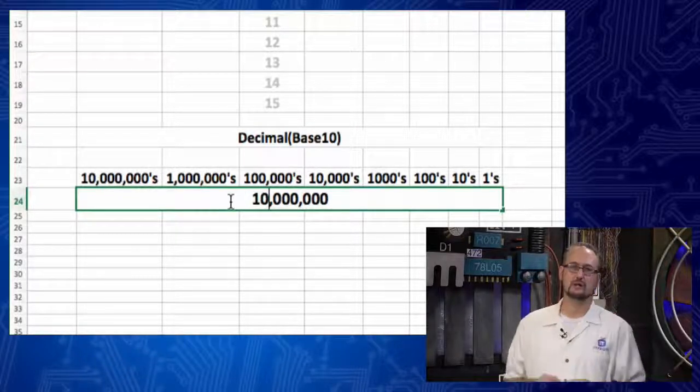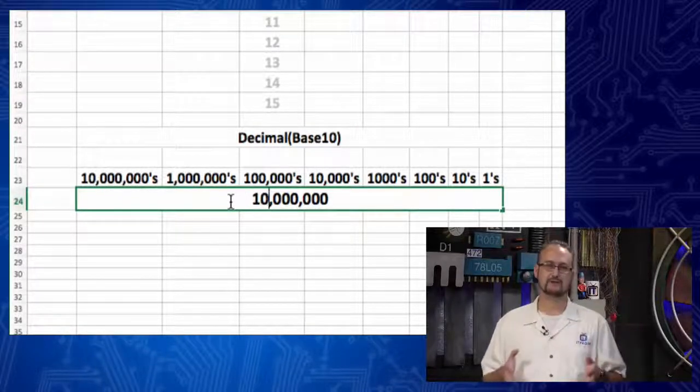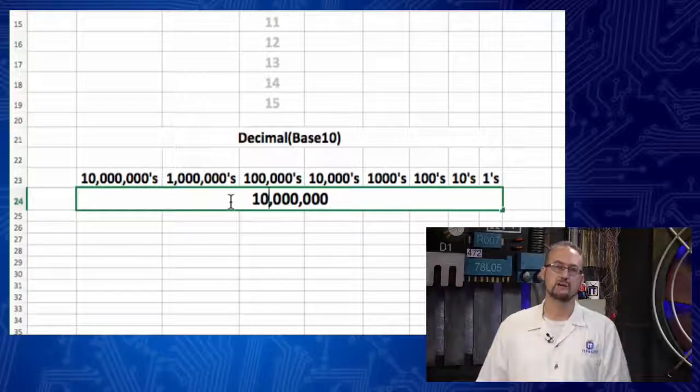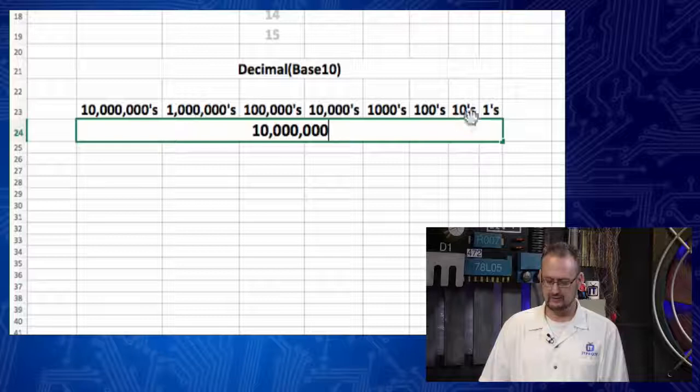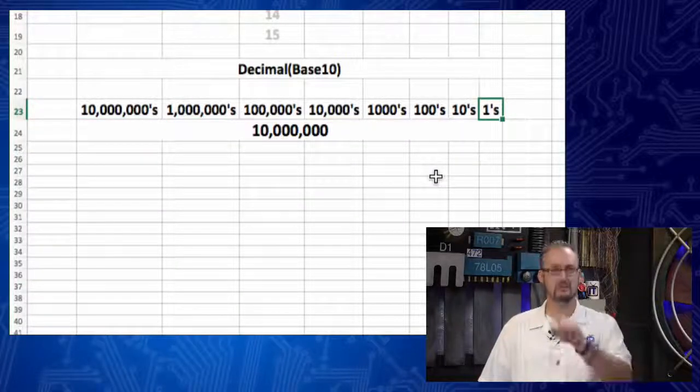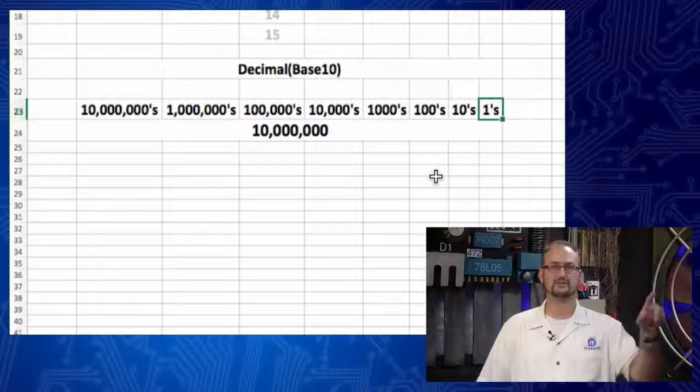Mm-hmm. So if I look at a number like this, there's 10 place values, all right, I have 10 million. And the reason I know how to pronounce that is because I can look at the very first place value, from the right to the left, and I could see that first 0 is in the ones place value. And then we go tens, 100s, 1000s, 10,000s, right?